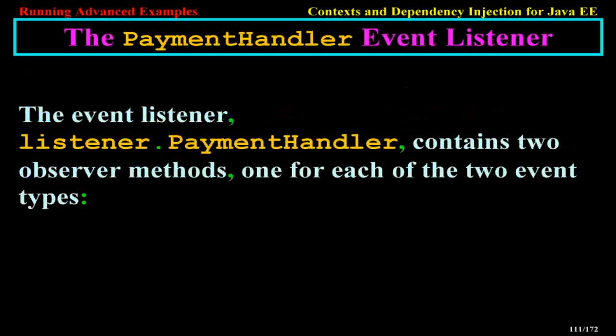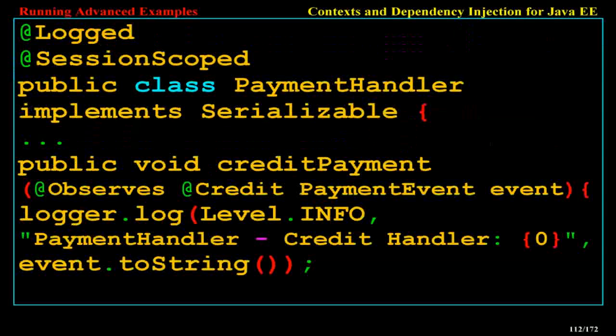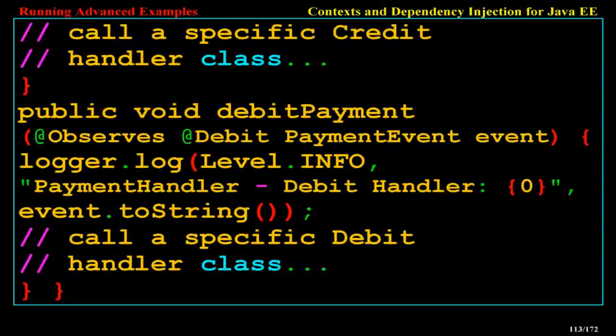The PaymentHandler event listener. The event listener, PaymentHandler, contains two observer methods, one for each of the two event types. @Logged @SessionScoped public class PaymentHandler implements Serializable { public void creditPayment(@Observes @Credit PaymentEvent event) { logger.log(Level.INFO, "PaymentHandler creditHandler = {0}", event.toString()); // call a specific credit handler class }